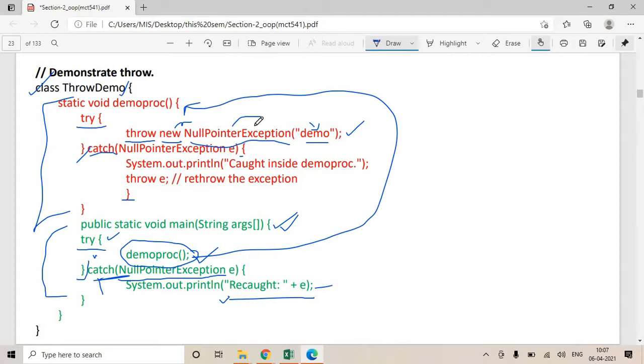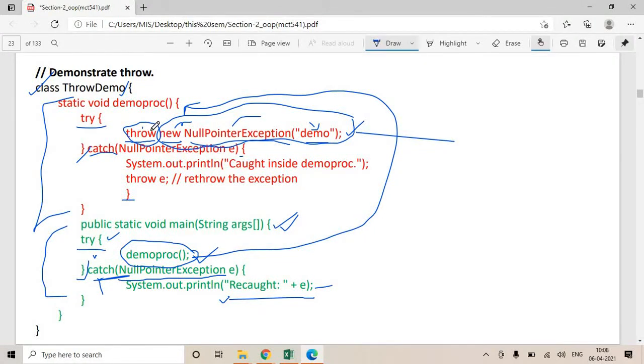What we discussed yesterday is that when there is an exception, we create an object representing that exception type, and then we throw. So basically we are doing those two things. One is creating an object which represents NullPointerException, and the other is throwing it. So creating an object and throw. This is how you can throw an exception.